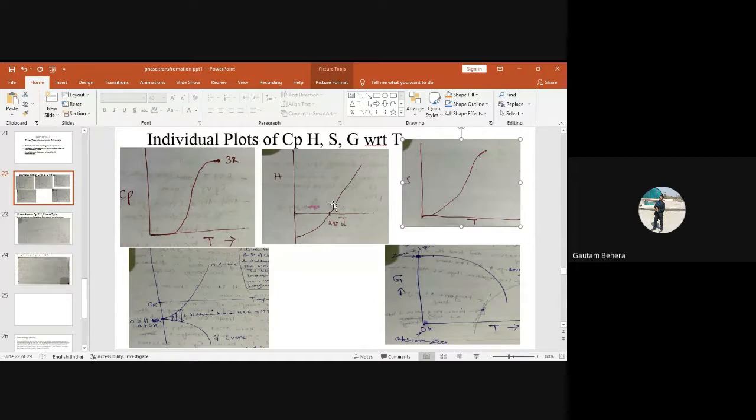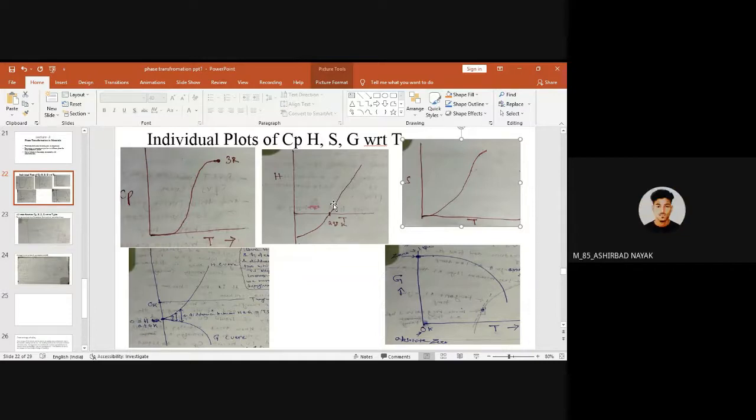Or heat is a quantity which comes out from the system, or which leaves the system, and there is a decrease in the temperature. So heat is a quantity which raises the temperature of the system when it goes into the system. When it comes out of the system, it decreases the temperature, right? So heat is a quantity, simply, right? Now, what is enthalpy? In the previous lecture, I discussed this one. How can you define enthalpy?